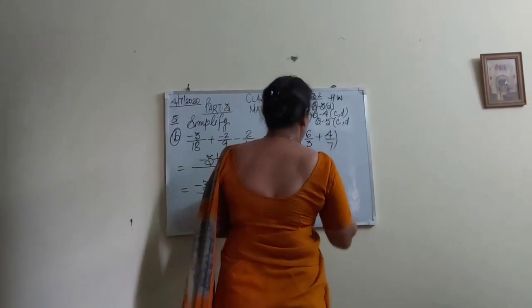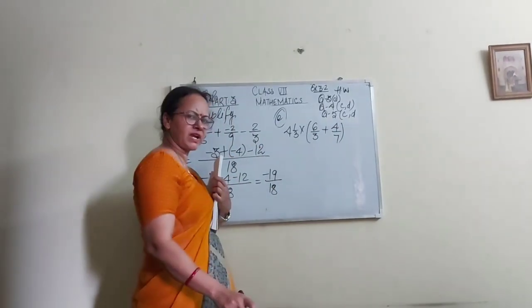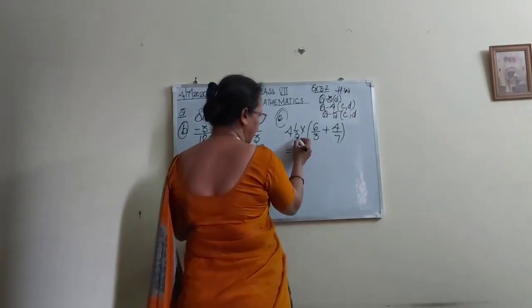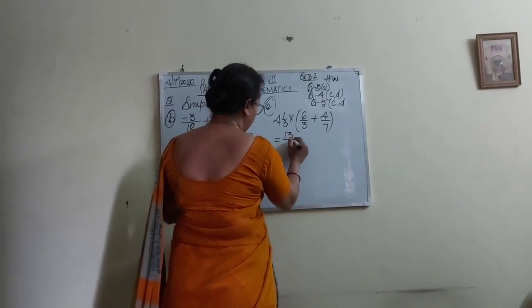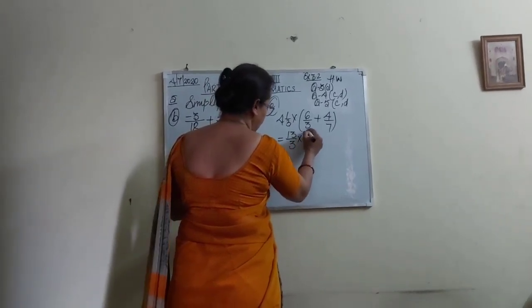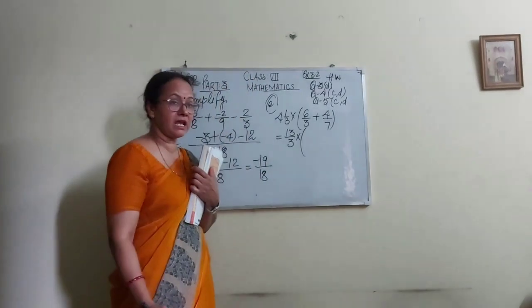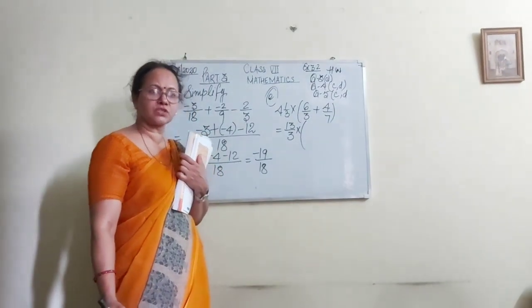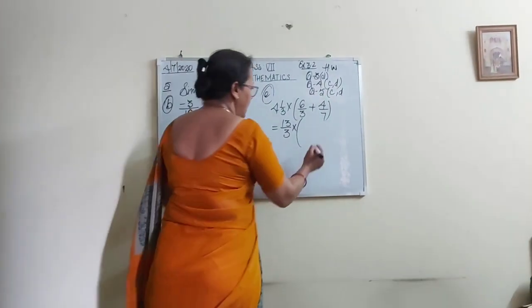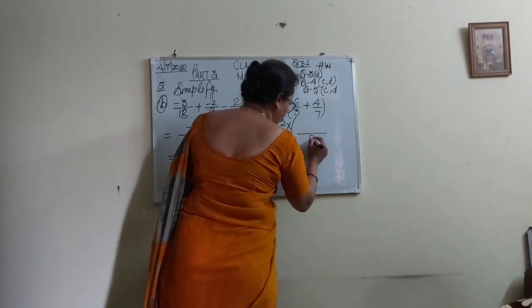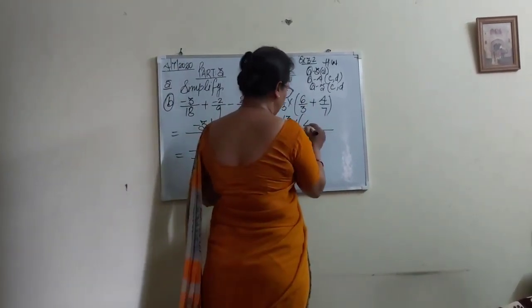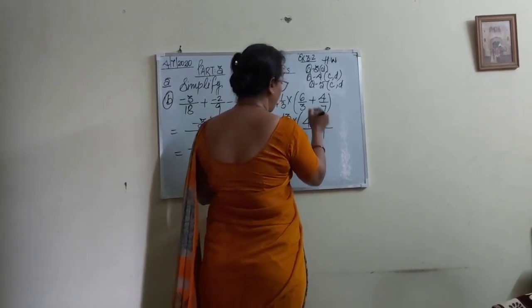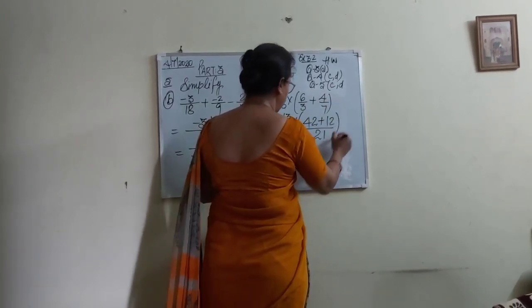That's right. First we will convert the mixed fraction into improper. How will we convert? 3 4s are 12, 12 plus 1 is 13 by 3. Multiply. What is it? 3 and 7. Inside the bracket, the plus sign is there, so we will add both the rational numbers by taking out the LCM. That is 21. 6 7s are 42 and 4 3s are 12. That's right. This is